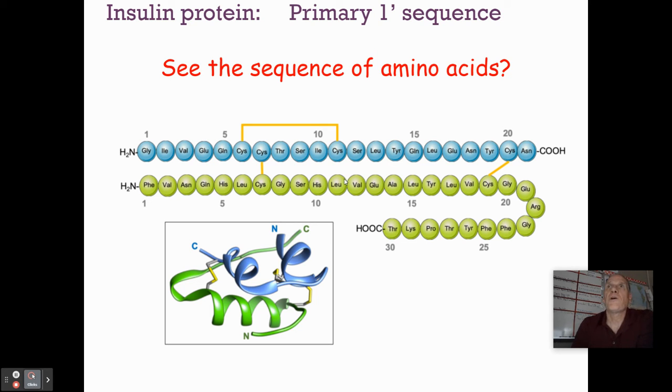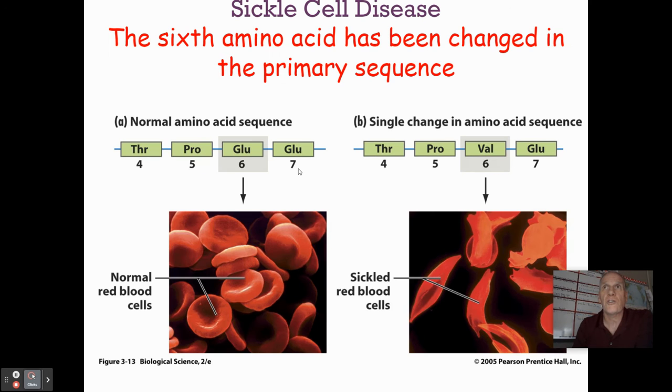Okay, so this is the primary sequence. And what is the primary sequence? It is a sequence of amino acids that's dictated by the gene for that particular protein. So your DNA holds the instructions for building the protein. Okay, and if there's a mutation that somehow disrupts that primary sequence, sometimes the result can be a disease or a disorder that can have some pretty severe consequences.